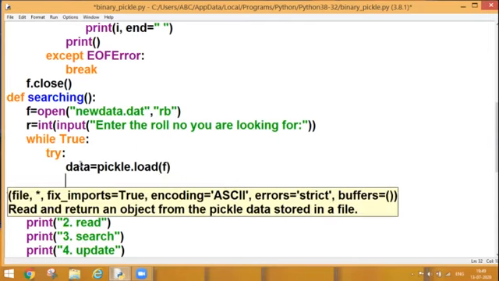After that, I am putting a check on whether the data which I have read is matching with the roll number which I want to search or not. So what is the way for that? If data of 0 is equal to R.